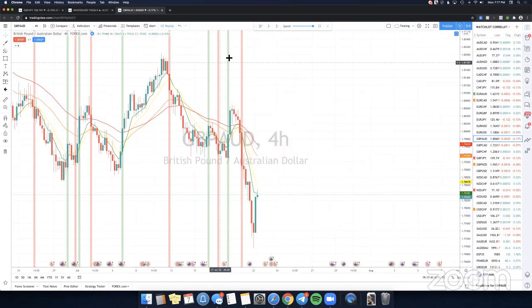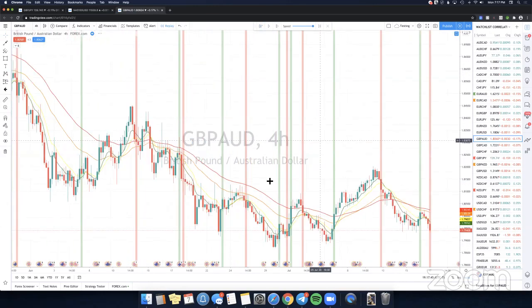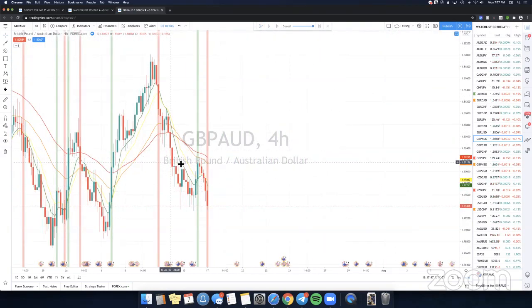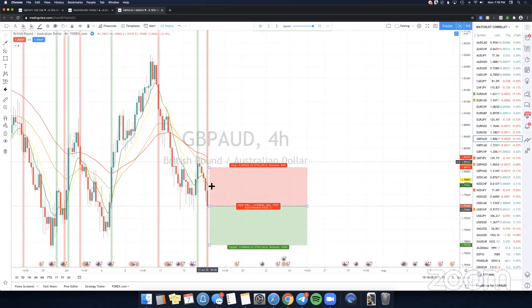Again, right here, there's another entry for a sell. You can see price was trending down. There was a retracement right here, so price came down, retracement right here, rejection right here, sell signal. The only problem with this is, this is the same situation we just discussed with the scalping strategy. This might